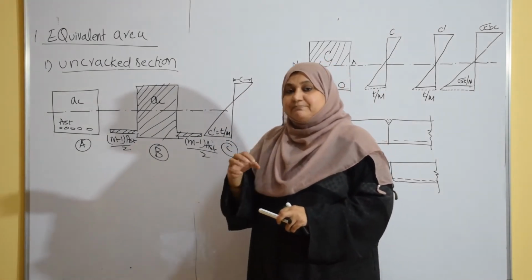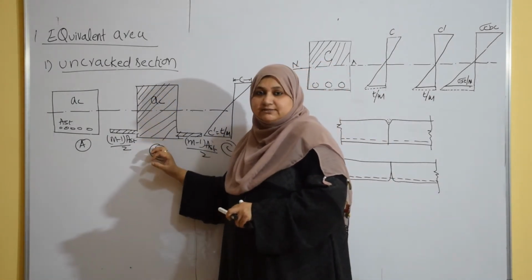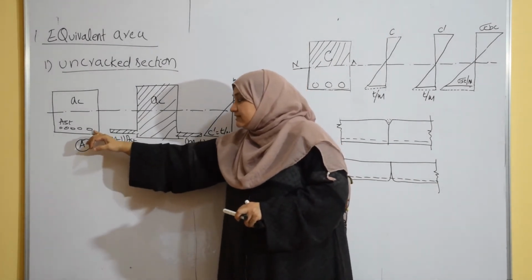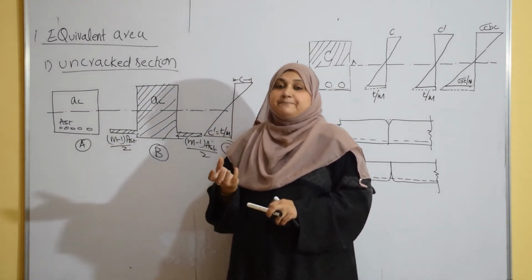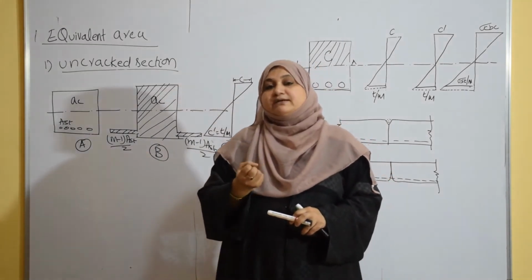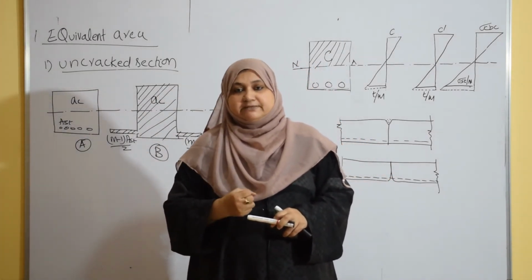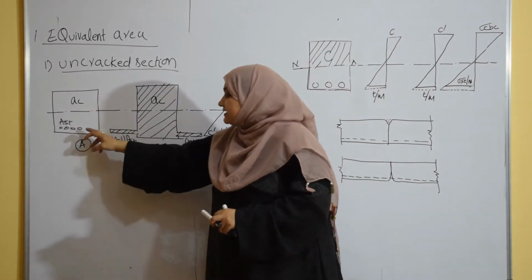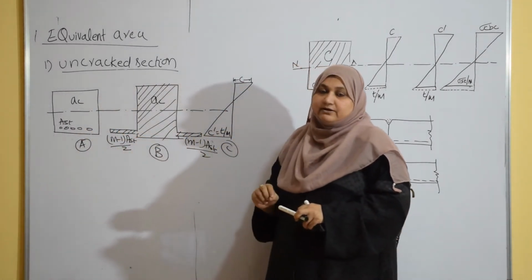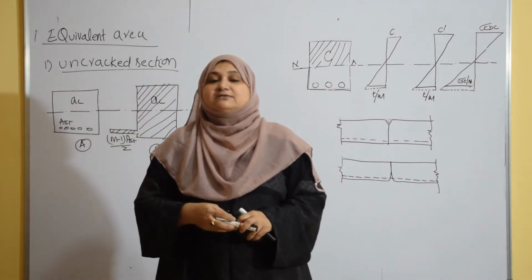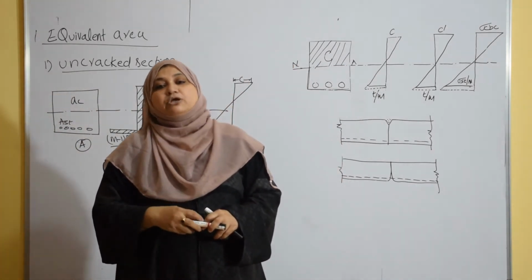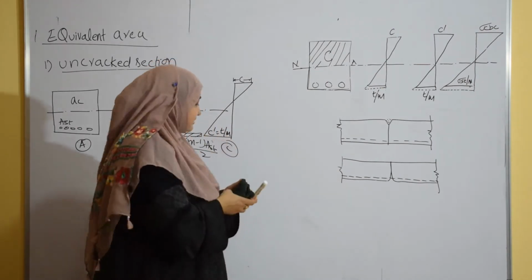On paper we are converting, making it homogeneous. Whatever is the area of steel, we are going to replace it by the equivalent area of concrete. Instead of a composite material, we make it a homogeneous material. So how are we going to convert steel area into equivalent area of concrete? Now let us see that.